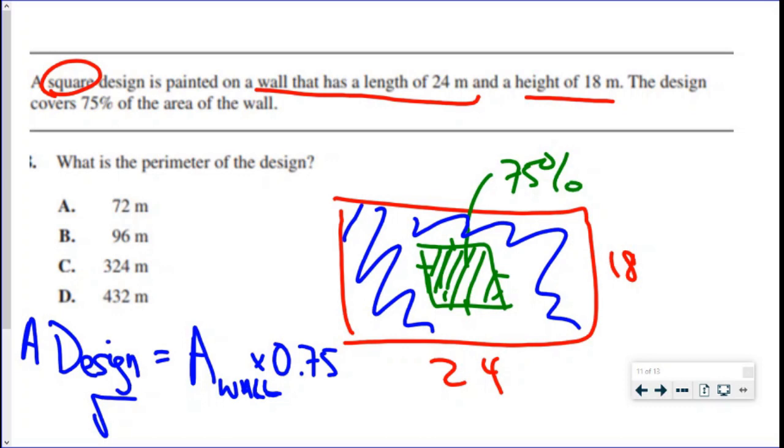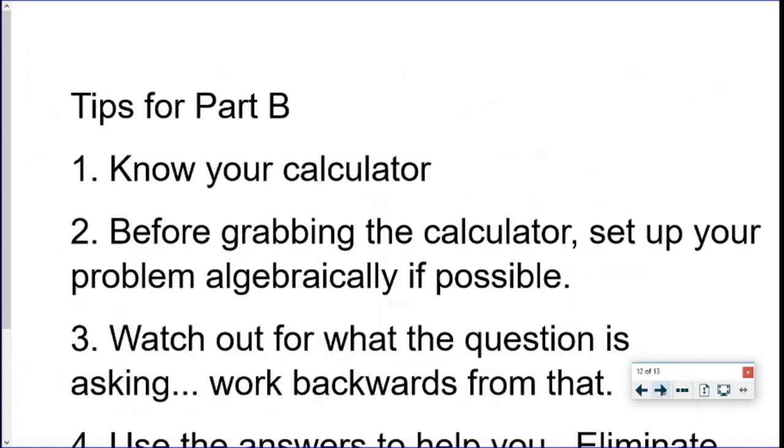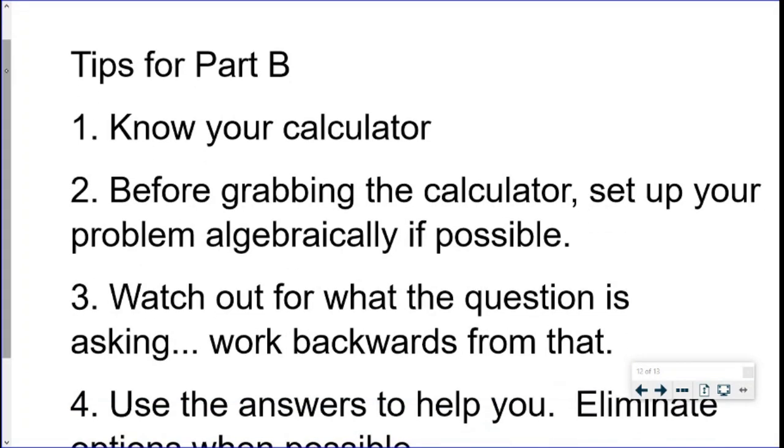Okay, again, we're not really discussing why that's the right answer. I just want to show you the types of questions. So in this case, if they don't give you a picture, learn to draw. Okay, so it's really just a brief rundown. So for my final tips for part B,